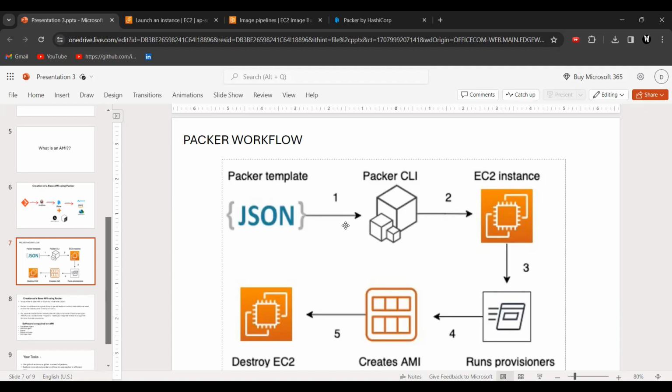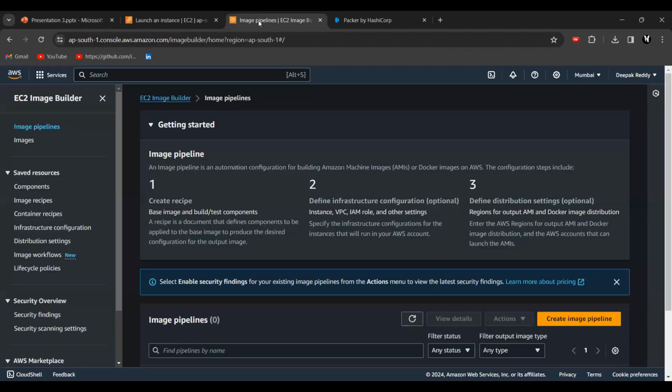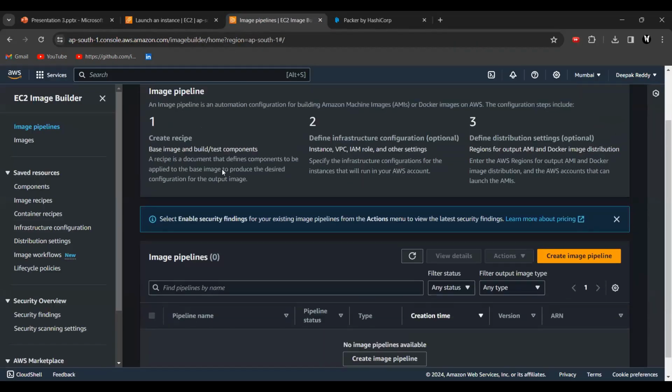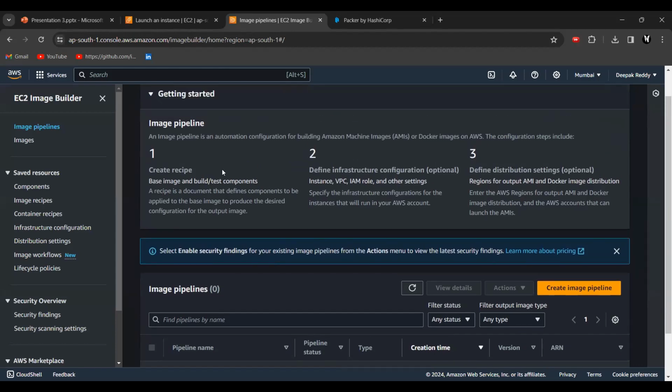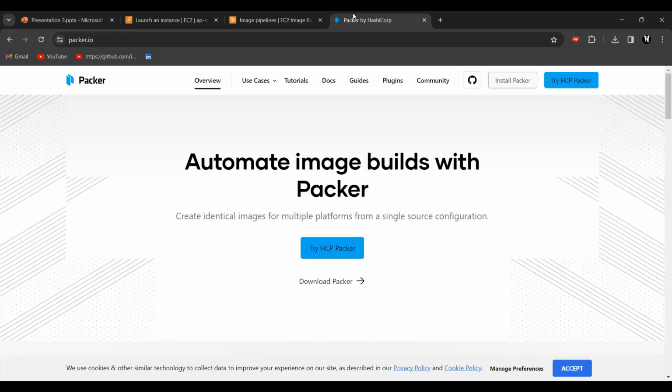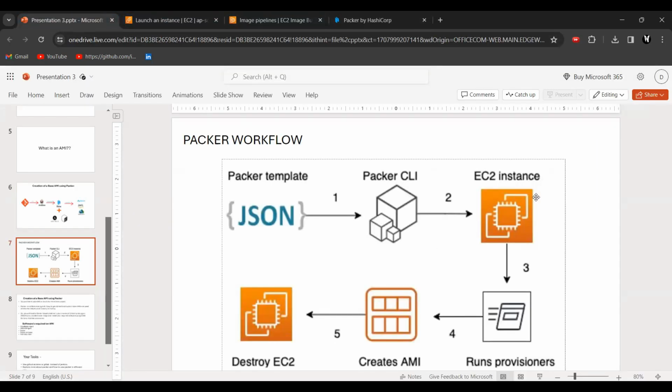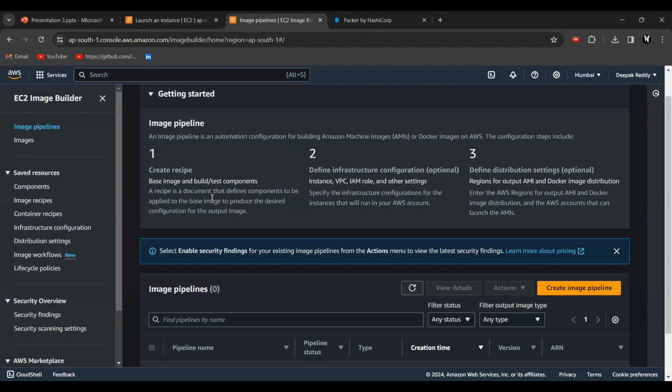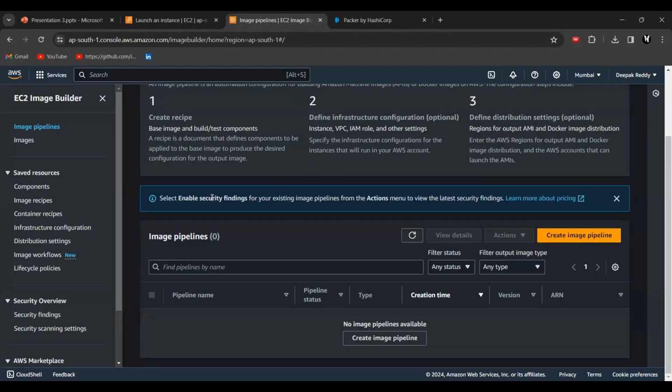And why I don't prefer Image Builder is because we need to manually create the instance. Here, if you see, it will automatically create the instance and automatically destroy this instance. But in the AWS Image Builder option, you need to create the AWS instance on your own, and you need to destroy the AWS instance on your own. It's quite manual in process. That's why I don't recommend this approach. That is why we are using a third party tool, something like Packer.